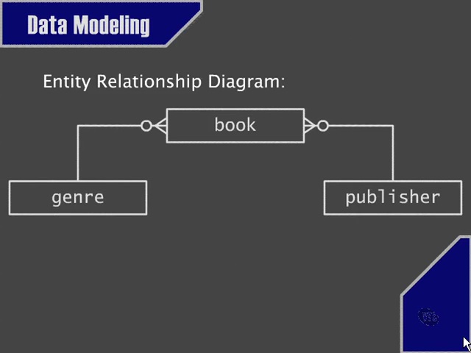Similarly, we put a genre entity within our entity relationship diagram. However, there's a slight difference here because genres can exist for which we have not yet entered books into our database, but we can have books that defy genre, books that refuse classification. Therefore, I'm including an optional, a little circle there to show that it's optional at both sides of the relationship. However, it's still the same kind of one-to-many relationship. One genre, many books. We could go further and complicate that to say that a book can cross between two genres,